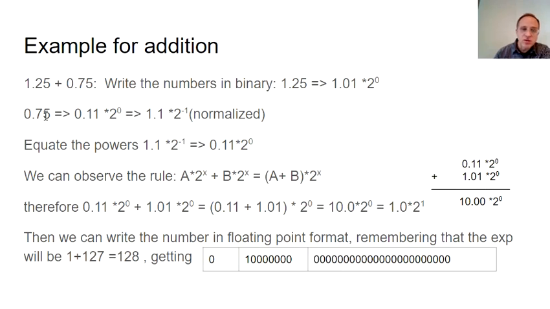What about our 0.75? Well, 0.75 is a quarter and a half. So that's first 0.1 is a half, and another 1 is a quarter. So a half and a quarter is 3/4, times also 2 to the 0th. Now we want to